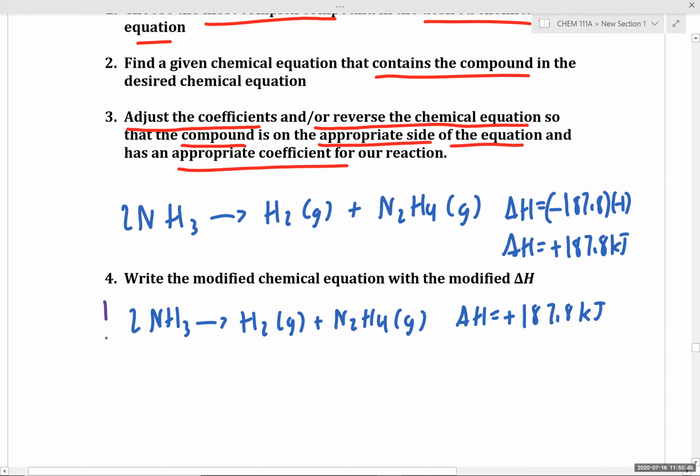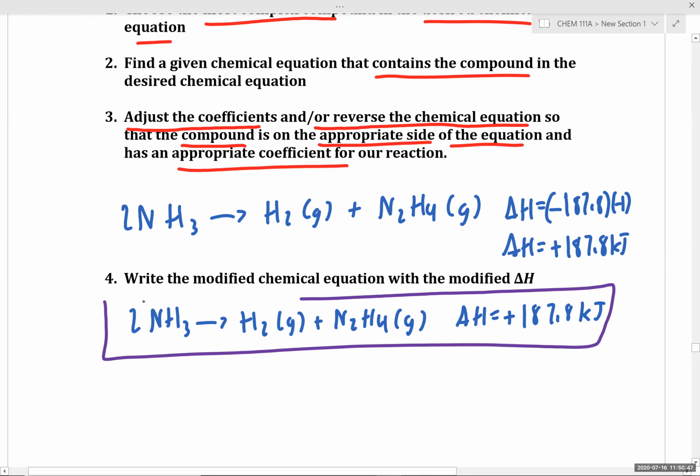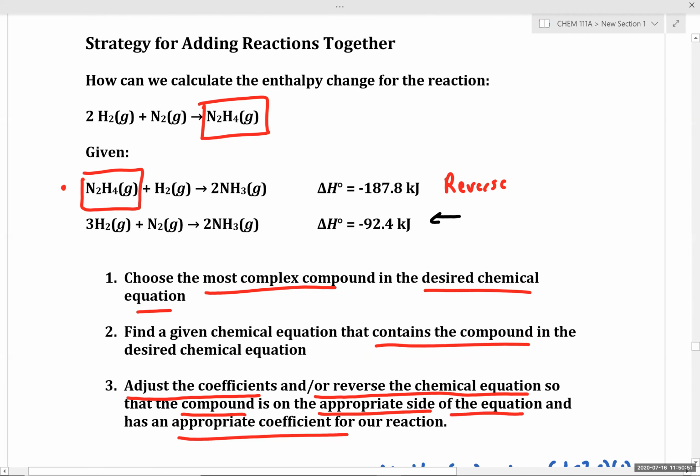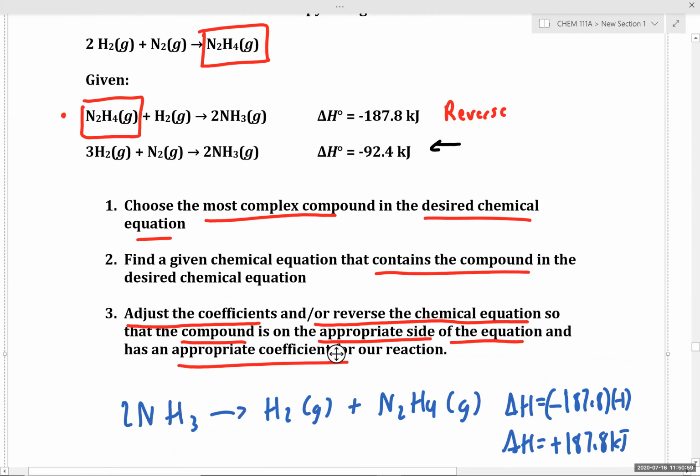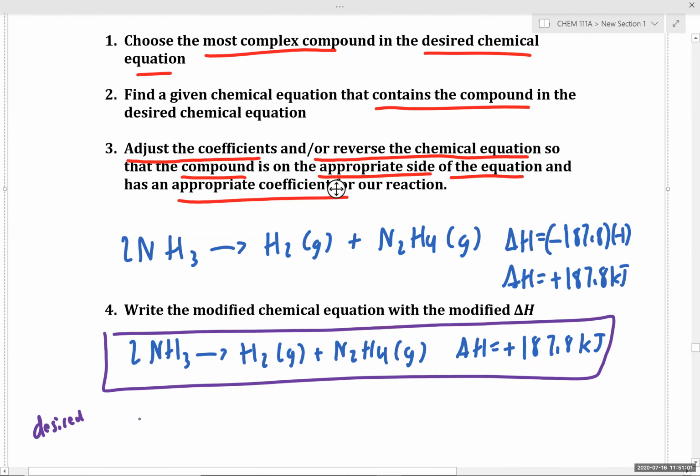So looking at this equation right here, let's compare it to our desired equation. Let's write that out. We have 2 hydrogen plus nitrogen leads to